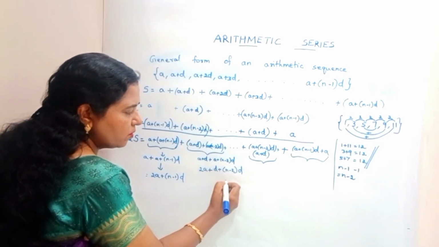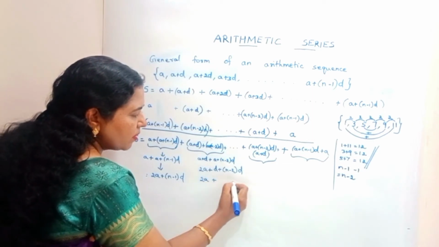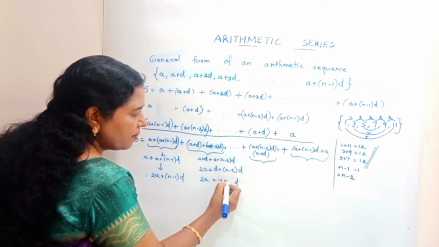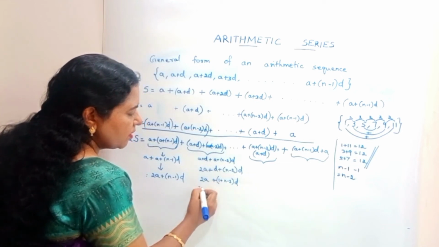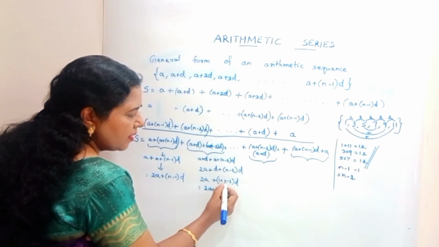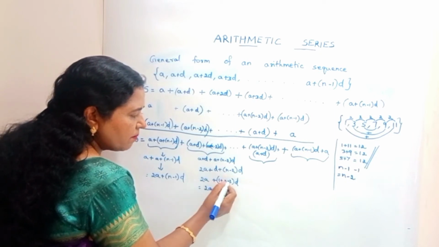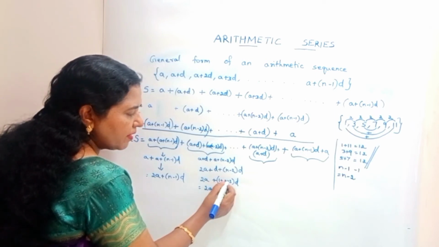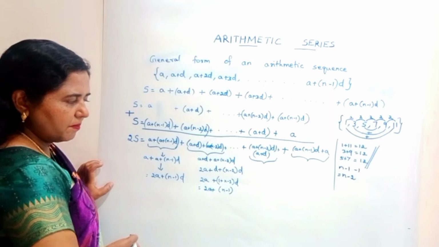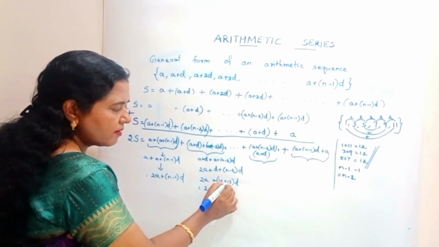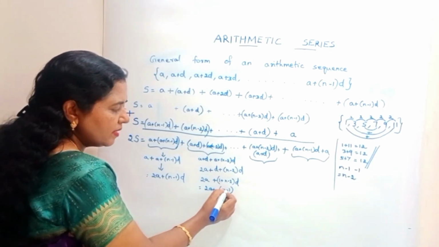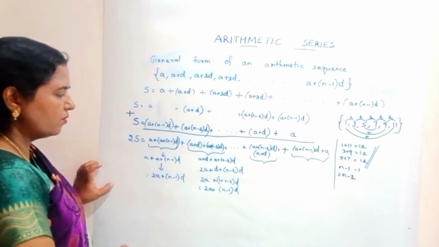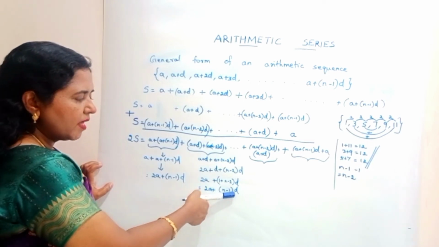So what we have to do? We have to write down d, and in the coefficient place we will get 1 plus n minus 2. So now this becomes 2a plus, here it is n plus 1 minus 2. So it becomes n minus 1. Since both are having different signs, we have to subtract, and the greater number is 2, it has minus sign, so we have to insert a minus sign in front. So it becomes n minus 1. So it is (n minus 1) into d. So we have obtained 2a plus (n minus 1) into d.